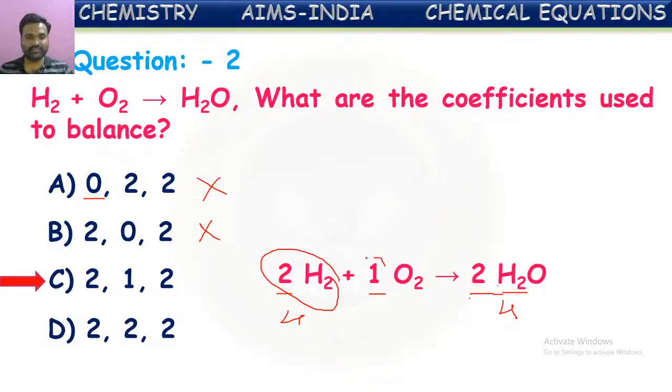Actually in a chemical equation, if the coefficient is 1, it won't be written. For understanding we have written it here. In each molecule of oxygen there are 2 oxygen atoms, and this 2 is multiplied with the coefficient 1. Total 2 oxygen atoms on the left hand side. On the right hand side, there is 1 oxygen atom in each molecule of water and the coefficient 2 is there, so this 1 should be multiplied with 2. So total 2 oxygen atoms on the right hand side also. In this way all the atoms on both the sides are equal. Hence this is a balanced equation. So these are the correct coefficients.